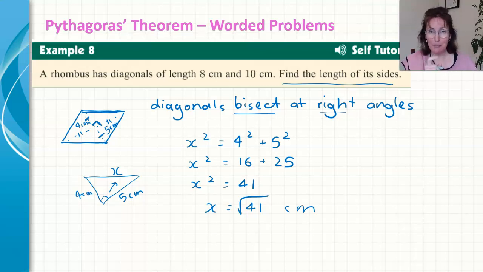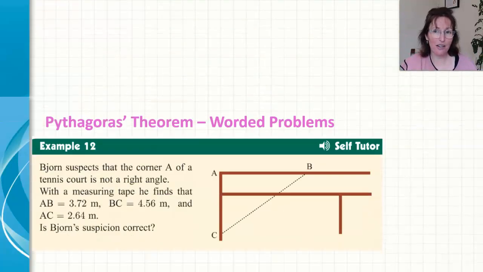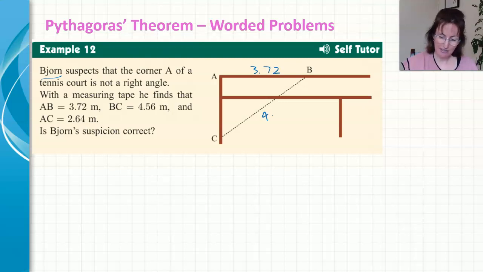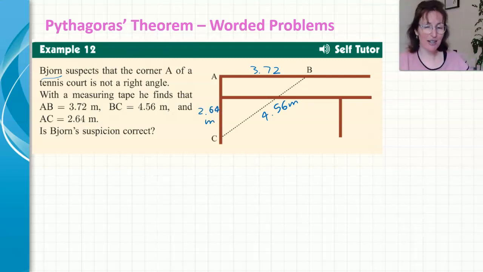So making sure you've drawn the picture, labelling it, sometimes writing out a separate triangle might be easier to work things out. This question here, Bjorn suspects that the corner A of a tennis court is not a right angle. So with measuring tape, he finds that AB is 3.72 metres, BC is 4.56 metres, and AC is 2.64 metres. Is his suspicion correct? The idea of solving this one is often what we call the converse of Pythagoras' theorem,